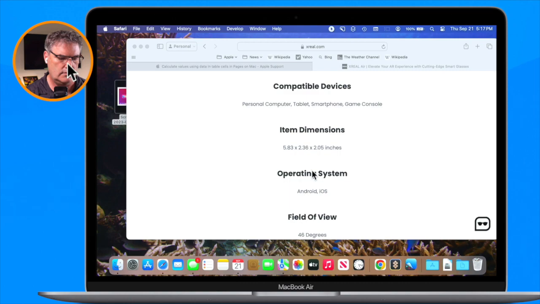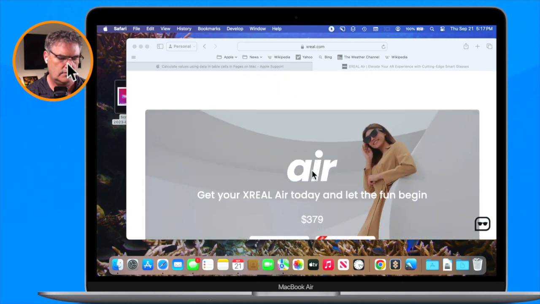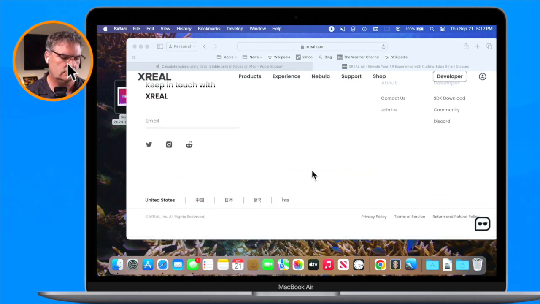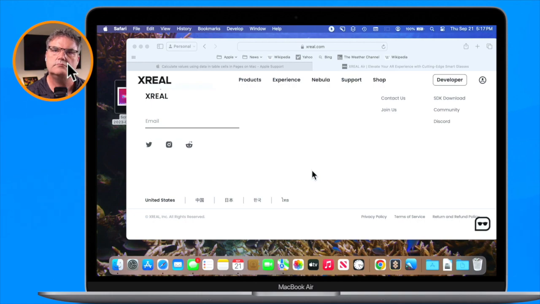Now, if I just use my USB-C cable and plug these glasses directly into my M1 16-inch MacBook Pro, then I'm just seeing the screen. What I'm seeing on my screen looking at you right now is exactly what I would see on both screens in here, only